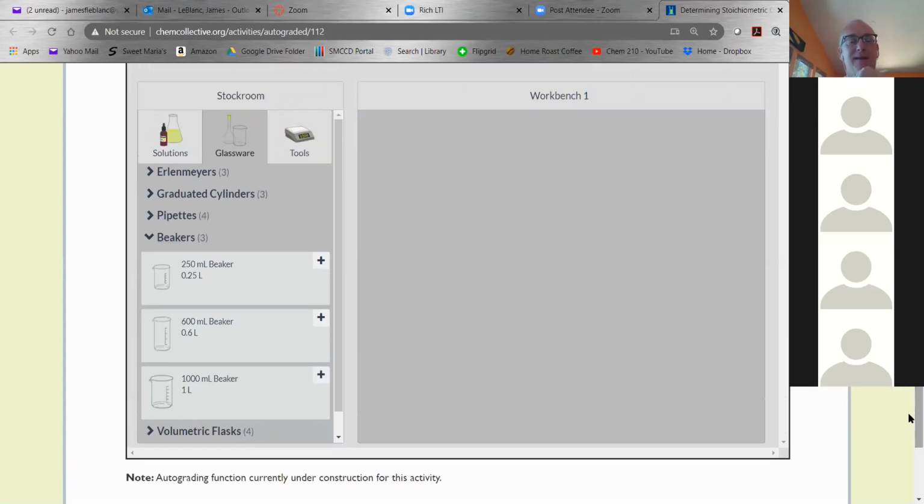Still working on it. So yes, some of these, and I really like the Chem Collective labs because you can do the lab, get an answer at the end of it, and then you can basically put your answer in. I think the one I'm thinking about doing on Wednesday, you can type in the answer because the lab we're going to do